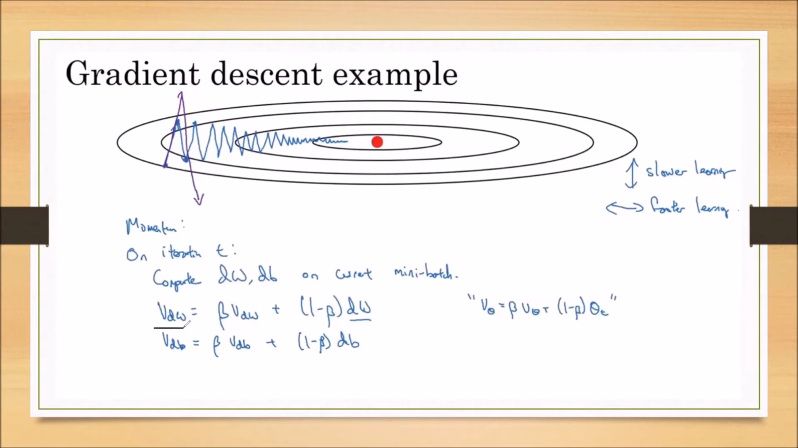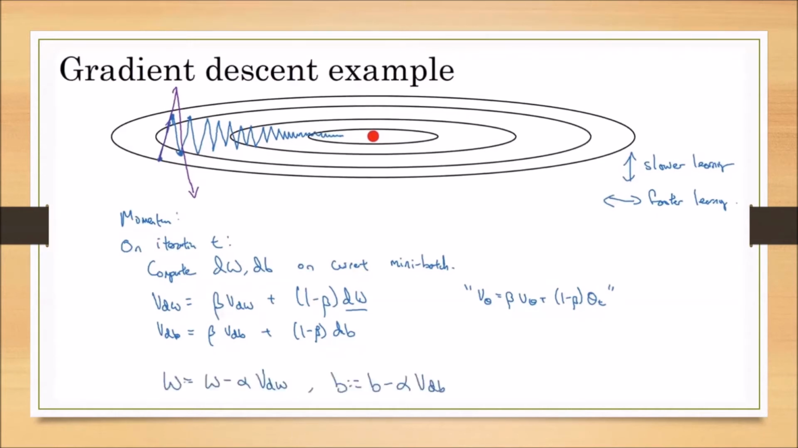So we use the same equations: VdW is equal to beta VdW plus (1 minus beta) into dW. And this beta, as we already discussed, is the weight. This VdW is giving the moving average, the previous moving average, and dW is the present gradient. Now when we use the equation W is equal to W minus alpha dW, instead of dW we substitute this new